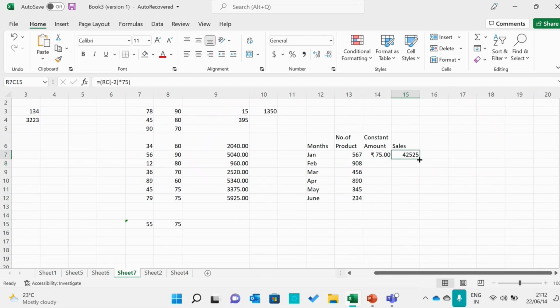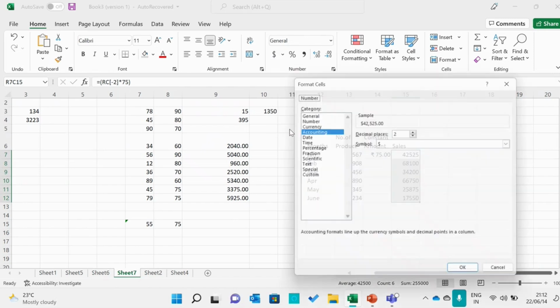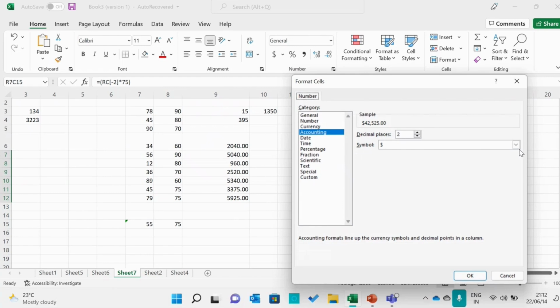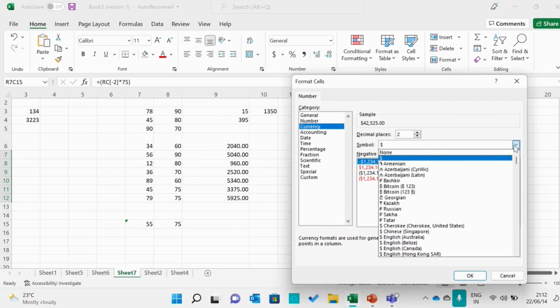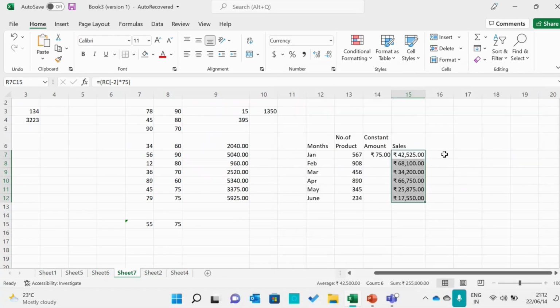Now what we need to do is drag all the way through, go here, go to more accounting formats, go to the currency, search for the rupee, and as you see, I have got the correct amount of sale that has happened in January, February, March, April,